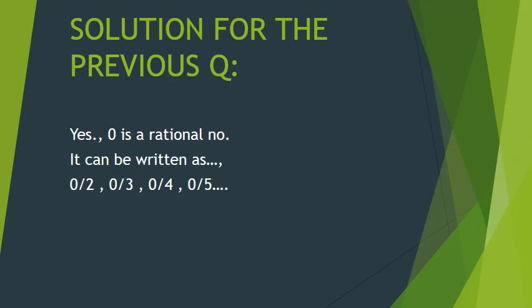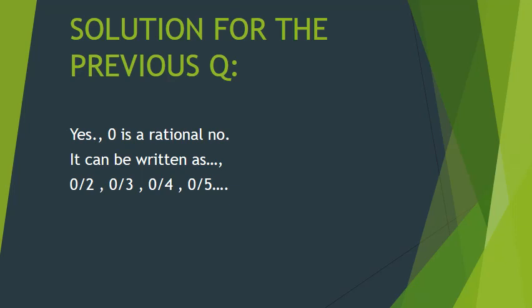number. Now according to the definition, a rational number can be represented in the form of p by q, where q, the denominator, must not be equal to 0, but they have not mentioned that p must not be equal to 0. So therefore, I'll write 0 in the numerator and put all the natural numbers in the denominator. So hence 0 can be written as 0 by 2, 0 by 3, 0 by 4 and 0 by 5.